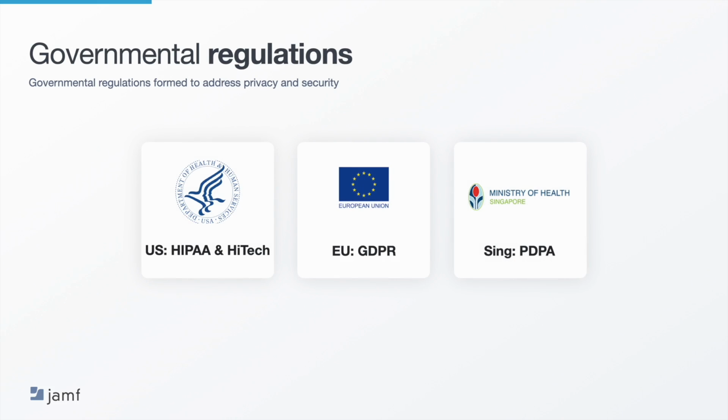So over the years, governmental regulations have been put in place to help protect patient data and privacy. Since 1996, the United States has had the Health Insurance Portability and Accountability Act, or HIPAA, that requires healthcare professionals to protect patient privacy and electronically store protected health information. Later on in 2009, the Health Information Technology for Economic and Clinical Health Act, also known as HITECH, was introduced to help strengthen HIPAA privacy and security rules, which also introduced a new breach notification rule and tougher penalties for